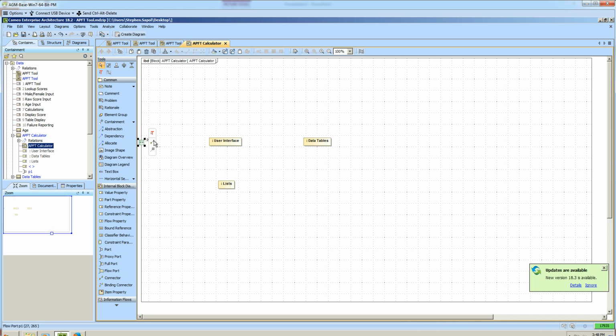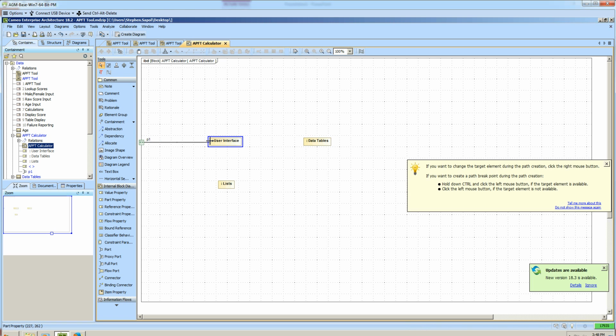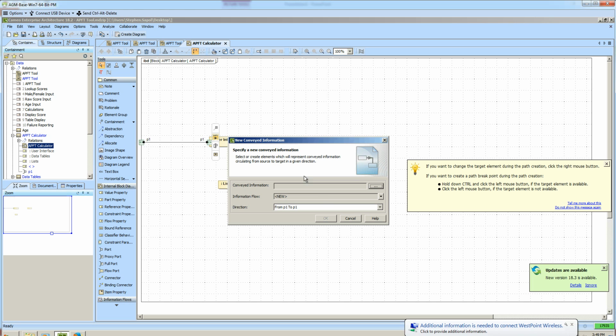So now we want to connect this to our user interface. Highlight it over, make sure it turns blue, click on it. We'll click on new flow port. So we have P1 from the outside of the system coming into P2, which is our user interface, and we want to define some information that's being passed back and forth. So first one, we're going from P1 to P1, and we're going to click on information, conveyed information,